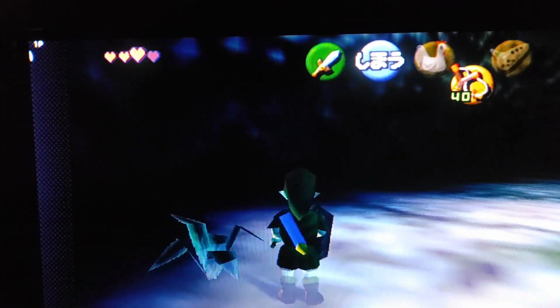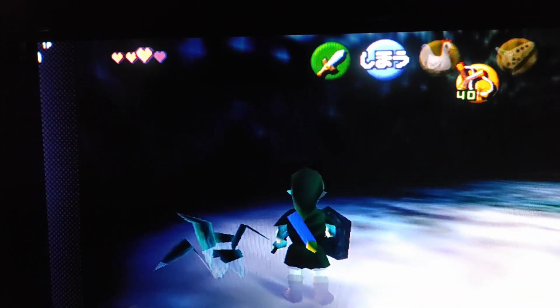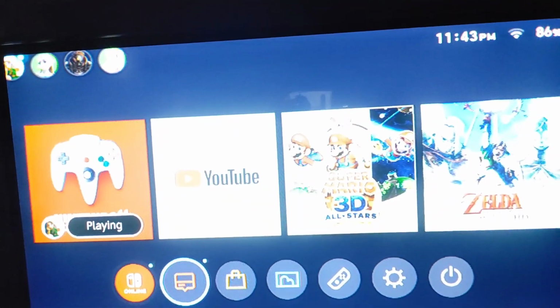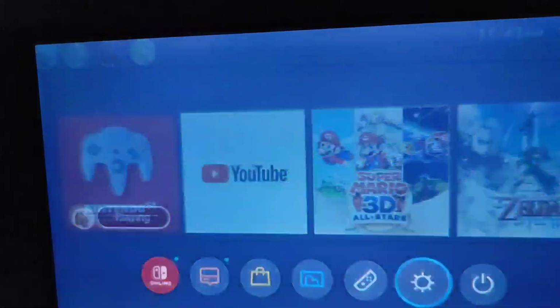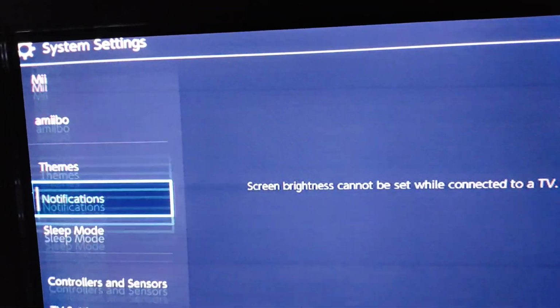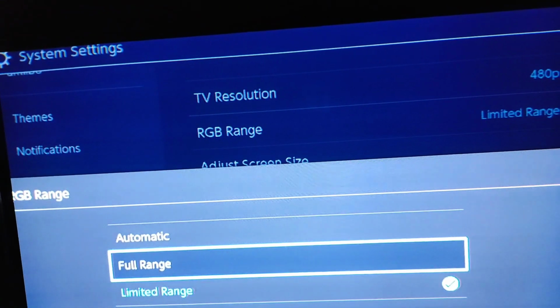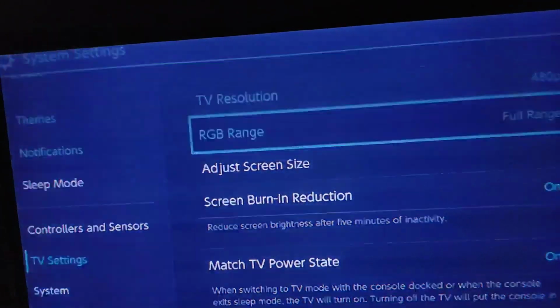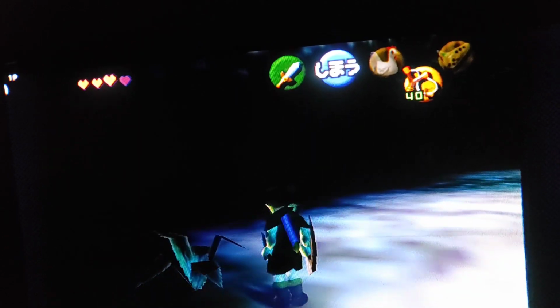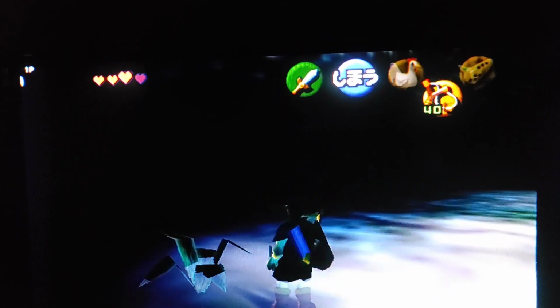Yeah, but again, it's actually wrong. And to show you that it's wrong, I'm going to switch it back to full range mode. Okay, there we go. So you see it got a little darker there. And now you can see we're seeing just about the same amount of detail as what we were seeing before. So anyway, long story short,